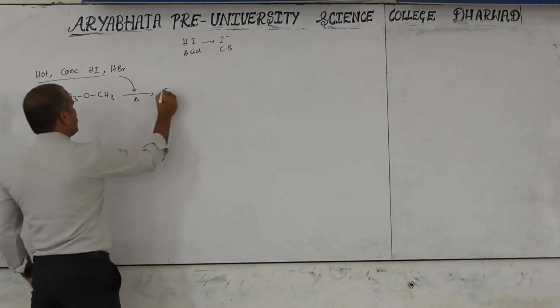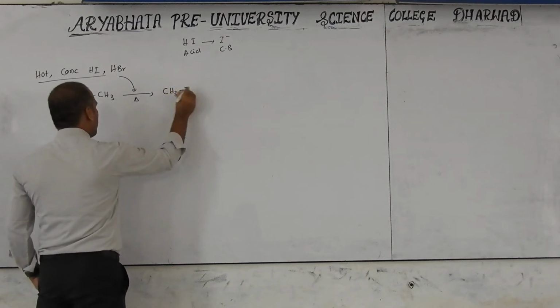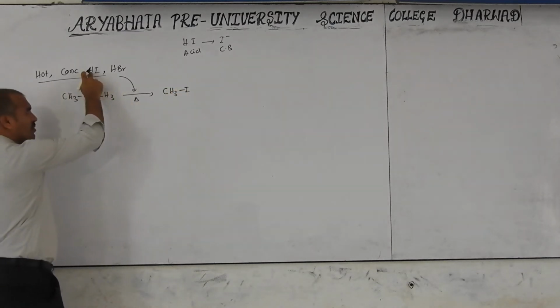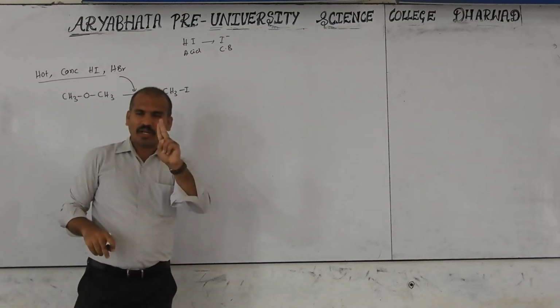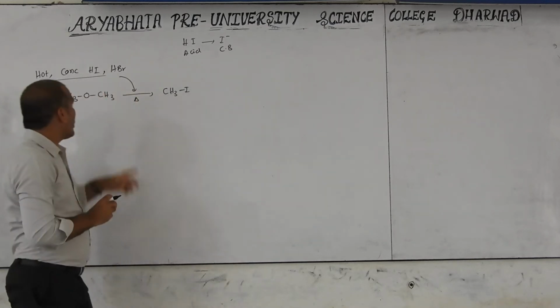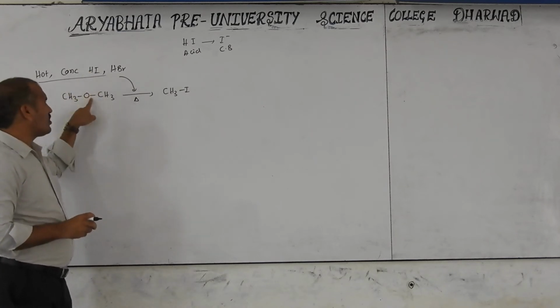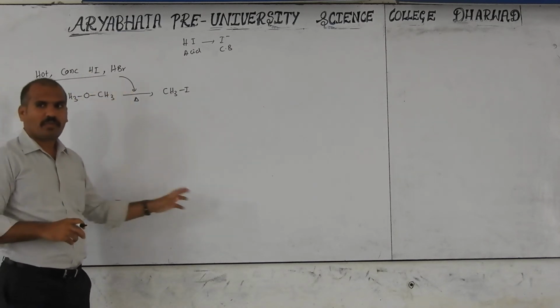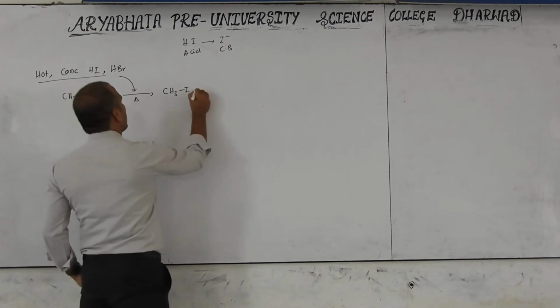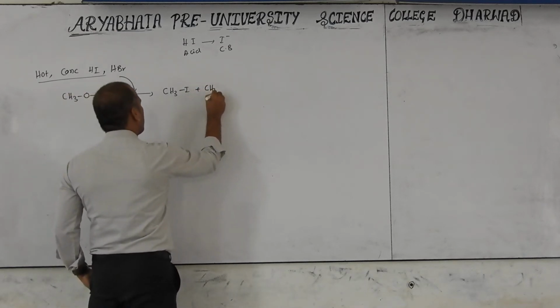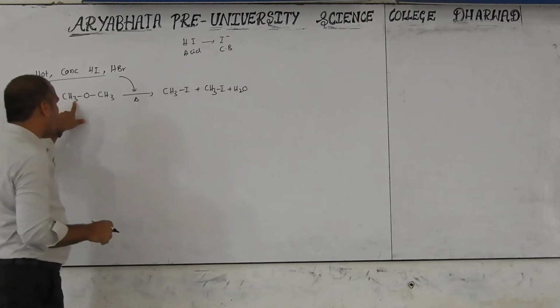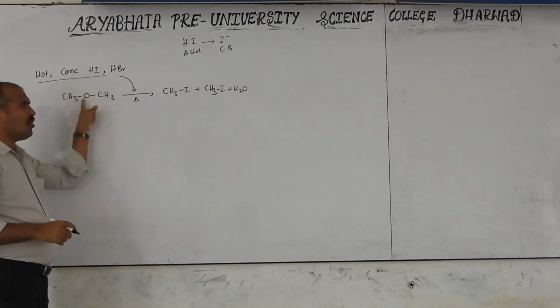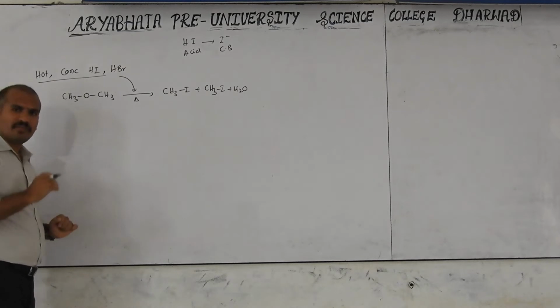See, CH3I. Here H, how many times are we using in the reaction? 2 times. HI, how many times are we using? 2 times. So 2 times here, how many hydrogens? 2 hydrogens on oxygen. H2, we can observe the mechanism. Then here CH3I plus H2O. Here also I, here also I, and a water molecule eliminated. No confusion. Very easy.